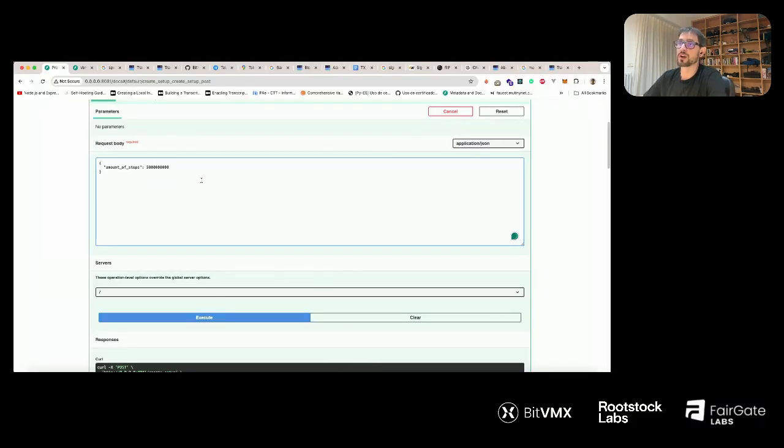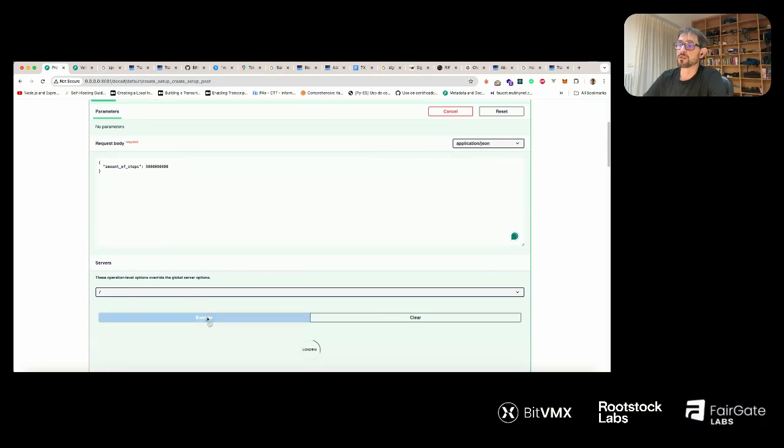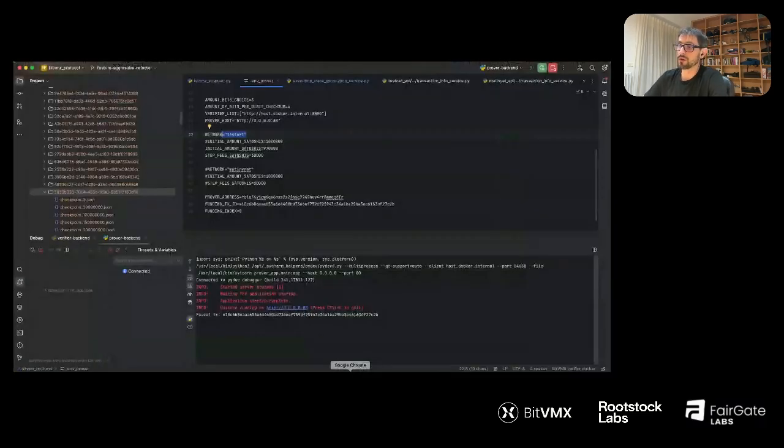We can open the Swagger, and the final setup that we need to give to the protocol is the maximum amount of steps, because we know the program, but what BitVMX requires is to fix the limit of steps that we need to perform these computations. Since we know that in this case it's more or less 4.5 billion instructions, we have set it at 5 billion. So we trigger the protocol,